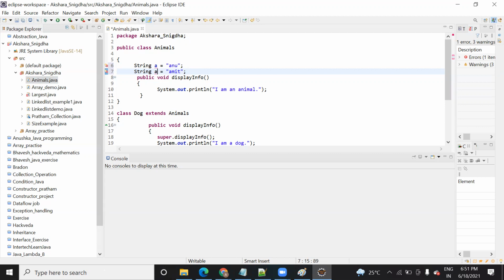It's like initializing the same variable twice. But still it will give an error, right? One minute. Yeah, token.